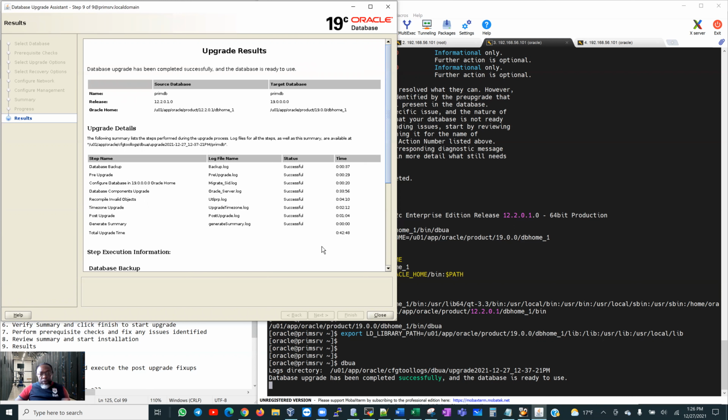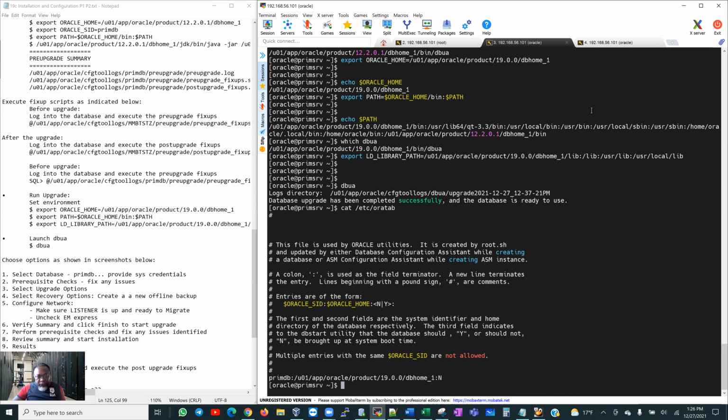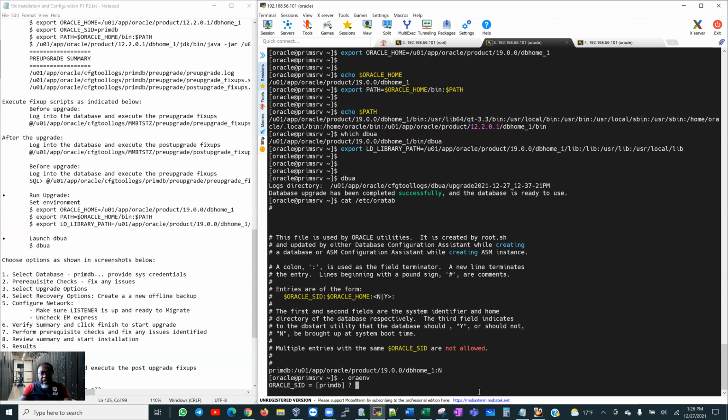So we are good. Now we would close out of this, go back into our database, and ascertain the state of our newly upgraded database. One thing I didn't mention is the ORATAB file. If we view the contents of our /etc/oratab file, we would now see that the entry has moved from 12 to 19. That gives us the ability to source our environment and make sure we get the database in the right environment. So primdb,